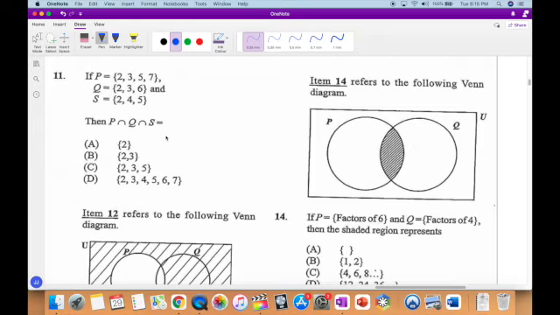If P, Q, and S are those, so P, we have the set 2, 3, 5, 7. Q, we have the set 2, 3, 6. S, we have the set 2, 4, 5. P intersect Q intersect S means the elements that are in all of them, so that would definitely just be 2 and nothing else, so it will be